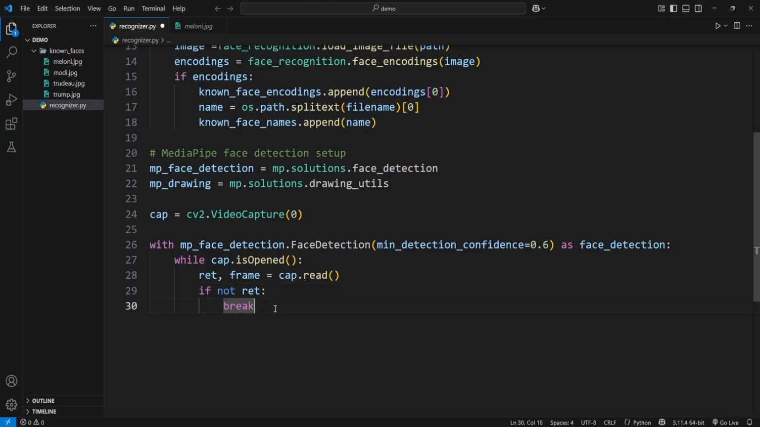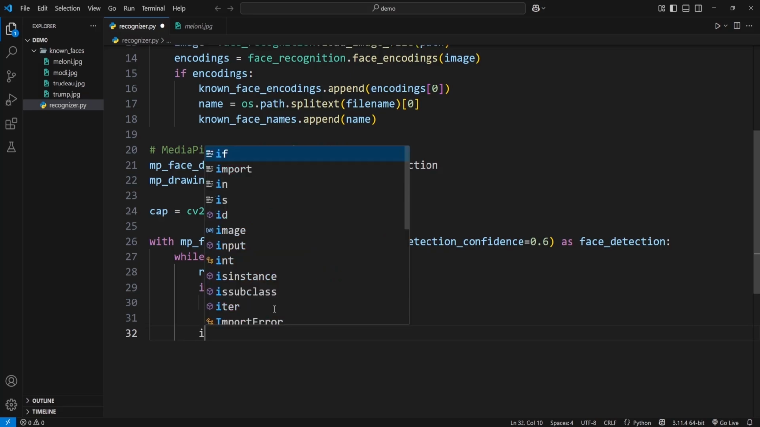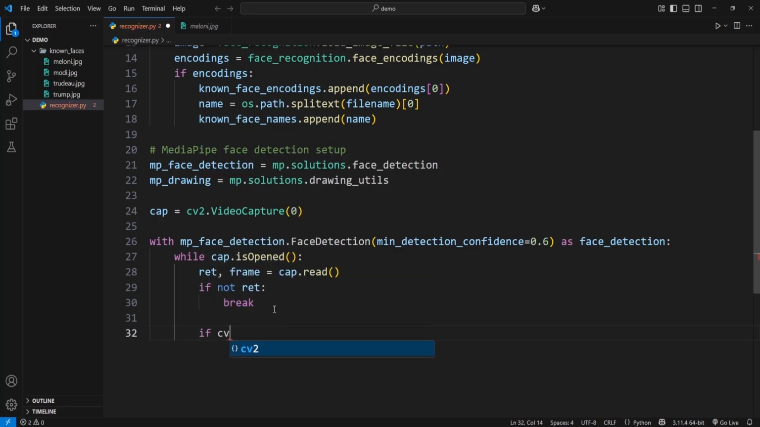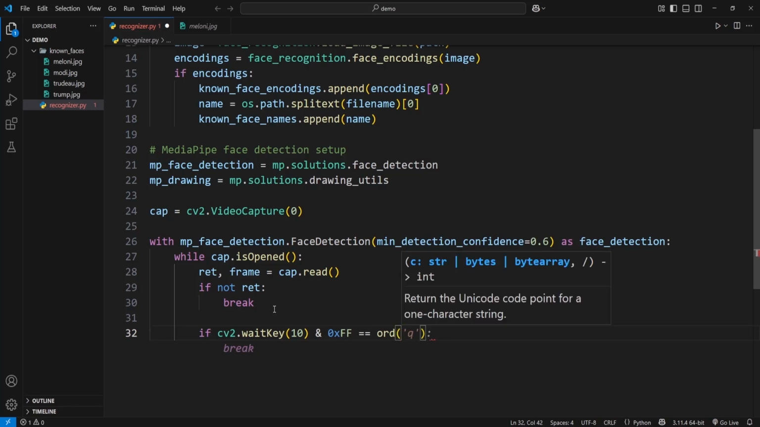After that, inside this while loop, I'm going to set an if condition. So I'm going to type if cv2.waitKey, inside the round braces, I'm going to wait for 10 milliseconds and 0xFF equal to ord method, ord, inside the round braces I'm going to pass q, then I want to break